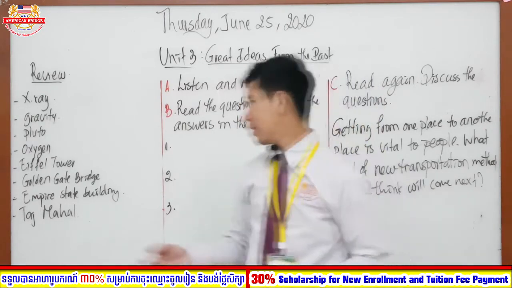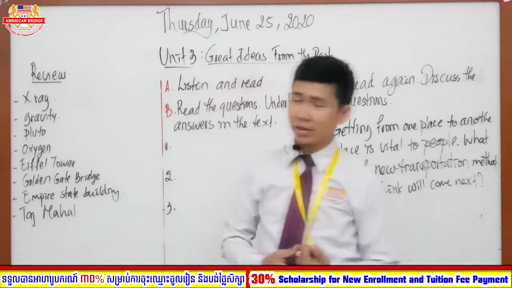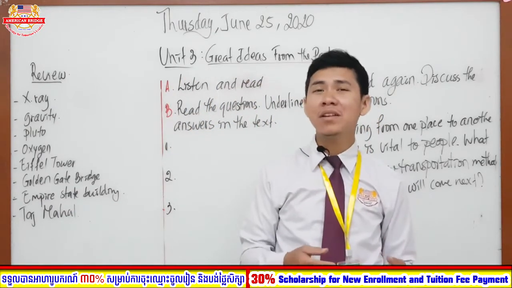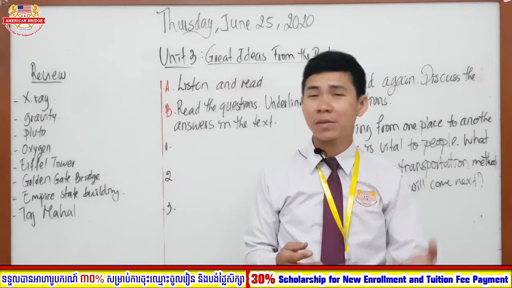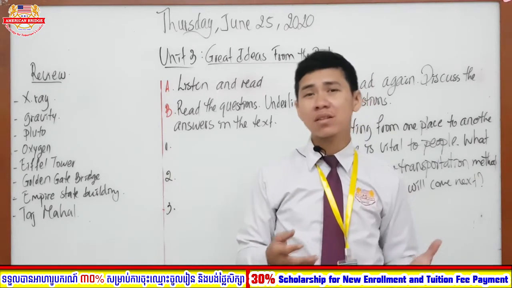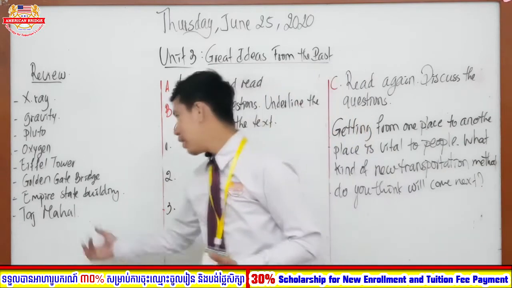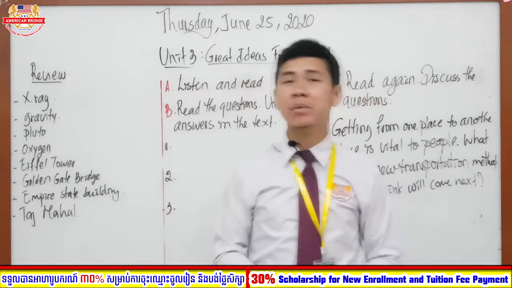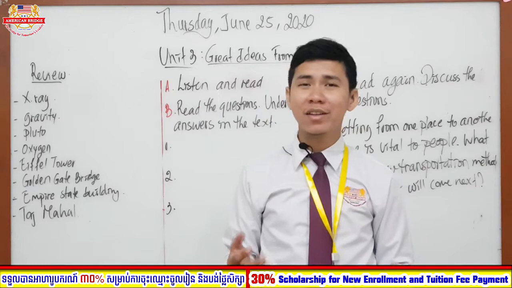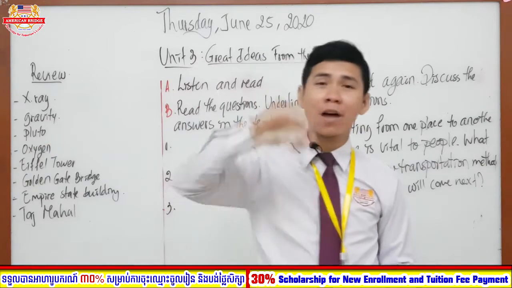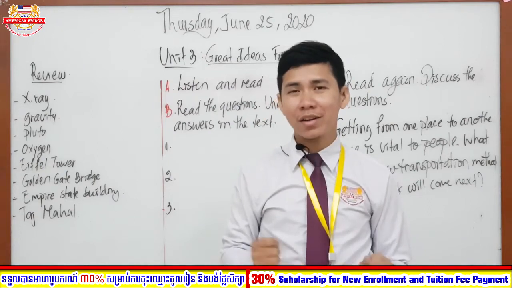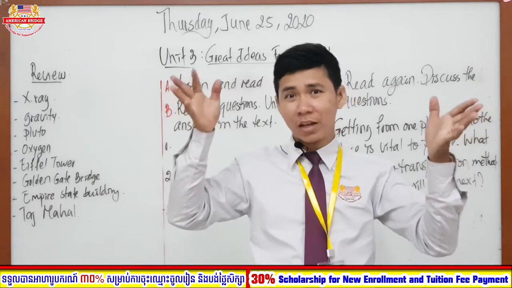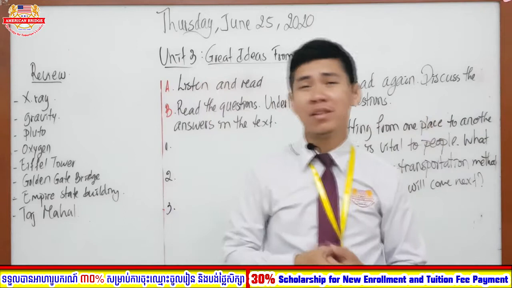Okay, the Empire State Building. This building consists of 102 stories, right? They keep or store many stories inside this building. Okay, Taj Mahal. Taj Mahal means a white building. Around the white building there are four towers, right? One in the front, two at the back, and two by the side, right?